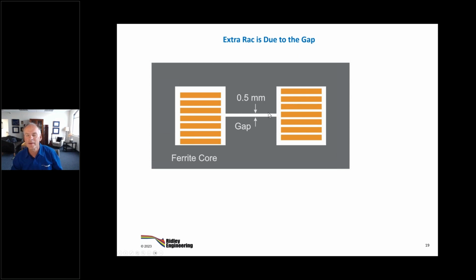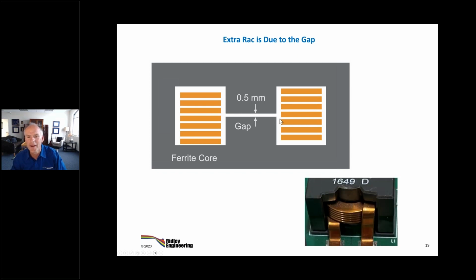Now, of course, the only way you can dissect these things is you break them apart. And when you break them apart, of course, you can't measure the gap anymore. You can only measure what's left. So you have to measure this dimension and that dimension and that dimension. Hopefully you haven't broken the whole thing apart. And then you can get to the gap approximation. And we had a backup on this to confirm that that was approximately correct, because in Ridley Works, we put the same core into the structure and it told us, yeah, this is going to be about a 0.5 millimeter gap. So that's about what we measured on the part.